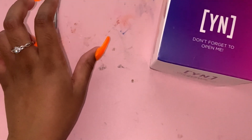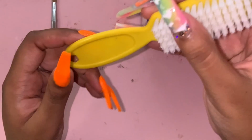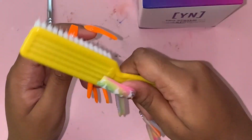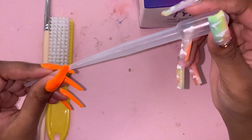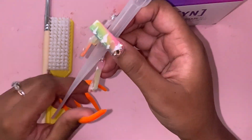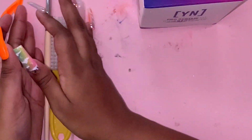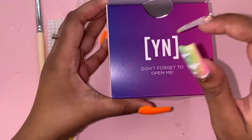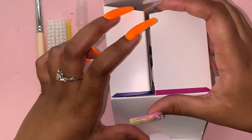So here we have a manicure brush, which also looks very, very nice to scrub off anything that you might need to wash off. And then we have this dropper, and this is for the monomer when you put drops into your dapping dish. And this says, "Don't forget to open me." So cute. I love this ombre packaging. So on the inside,